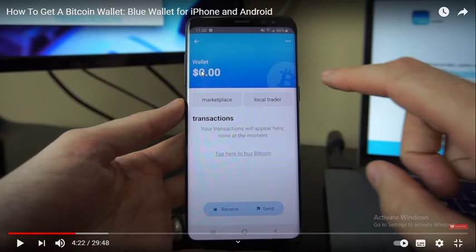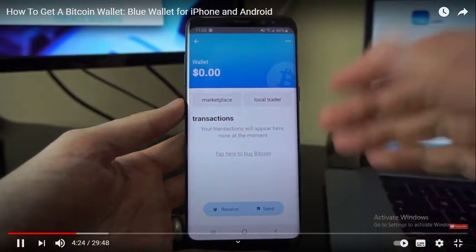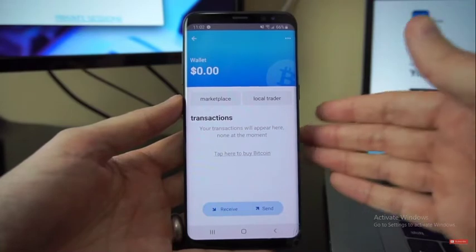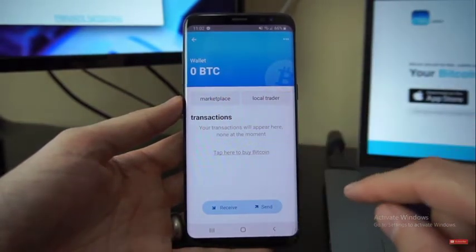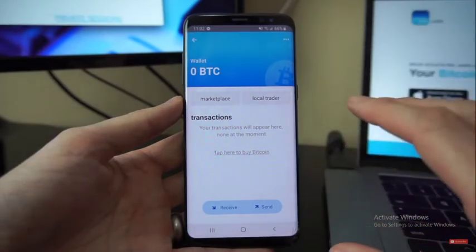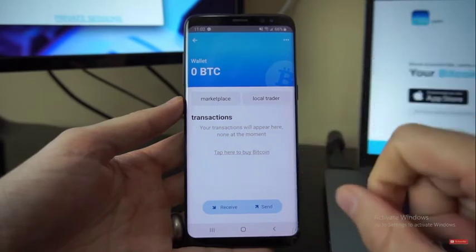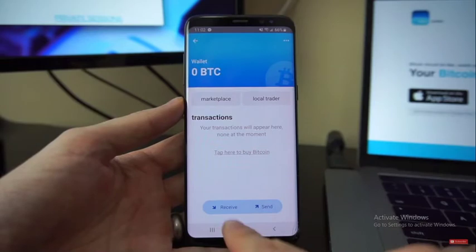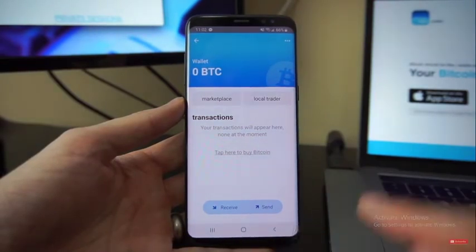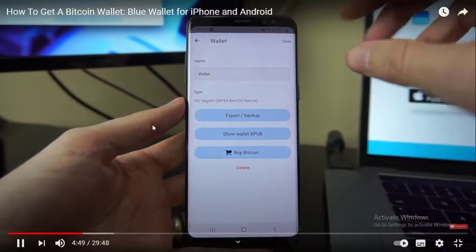USD. Jika ingin melihat dalam dolar berapa dolar, and see a dollar value or whatever your local currency is, which you can set in the settings. Now, below that, we see marketplace and local trader, and we will dive into those in a moment. And then you'll have a history of transactions for this specific wallet, a place to buy Bitcoin if you choose to go through that route. And then you have receive and send screens, as well as further options up top, a few extra things like